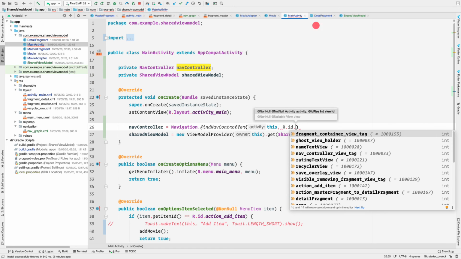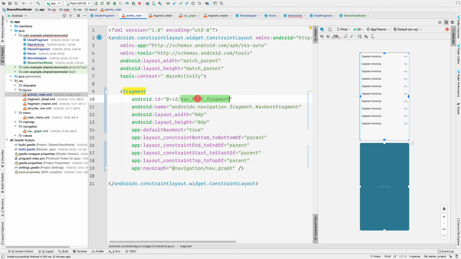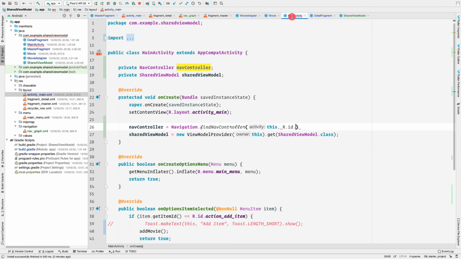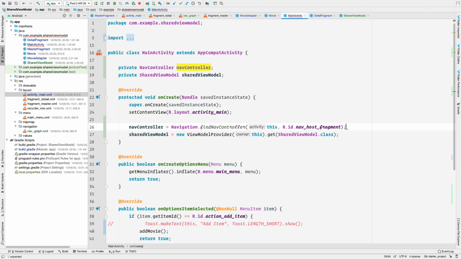What was the ID of this thing here? That is this fragment here, that is nav host fragment. So let's find that. So nav host fragment like this.